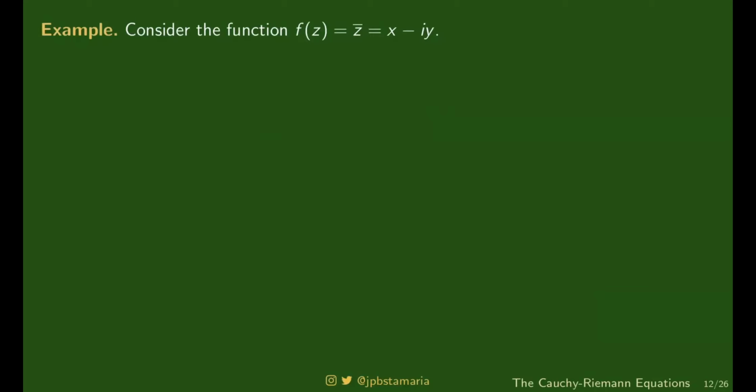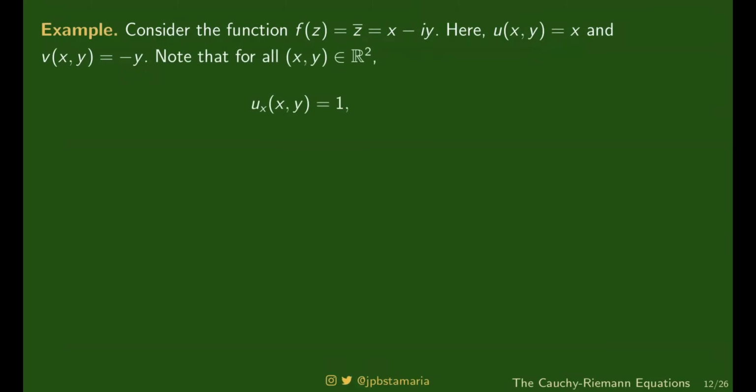Naintindihan nyo? Okay. So kung papalitan natin si z ng x plus yi, ang z bar ay x minus yi. Just like so. So in this case, ano yung u at saka yung v natin? Ang u of xy natin ay yung real part which is x. Ang imaginary part natin ay minus y which is that, the v. Okay? Now, if you're going to compute the partial derivatives of u and v, so this is what I get.